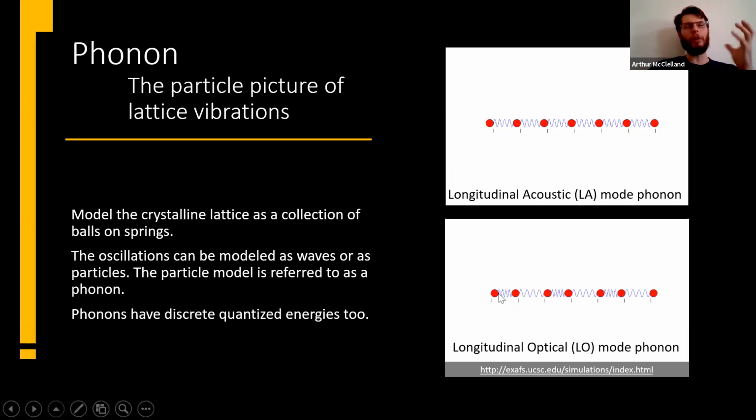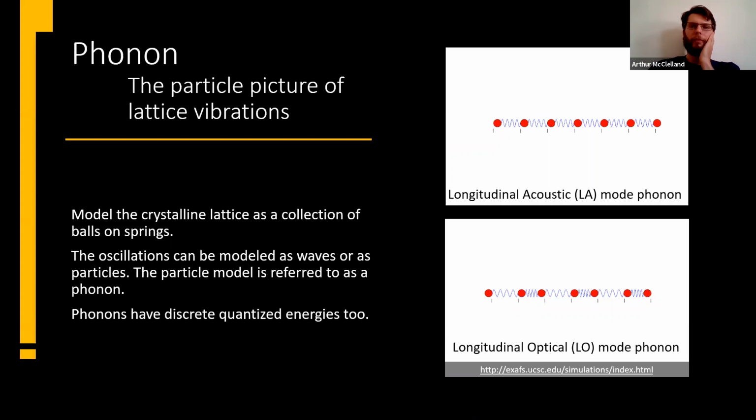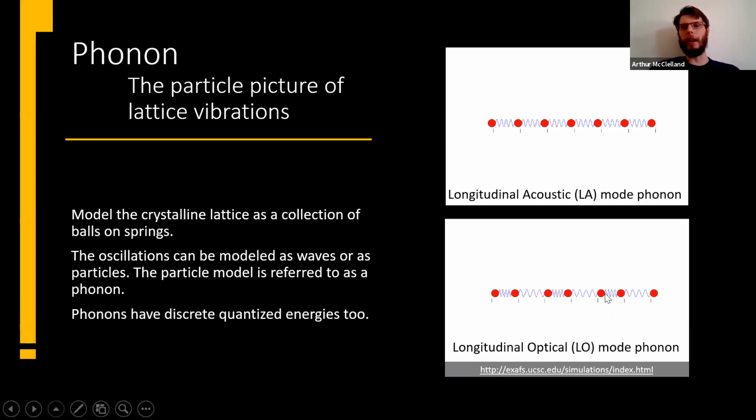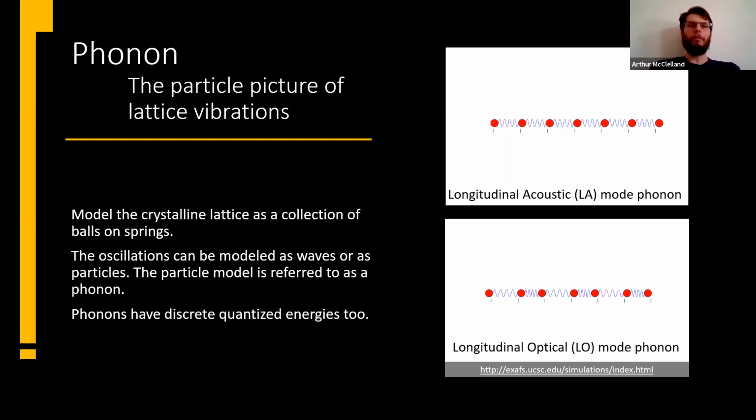And if you're having trouble going from this wave picture, we have waves going along our, think of it as a slinky if you want. Try to follow one of these compressions and you can see how it moves along. And so again, you can model that as the particle. The particle moves along and it's really the compression that's moving along. So we're going to model lattice vibrations also as a particle, which we call a phonon.